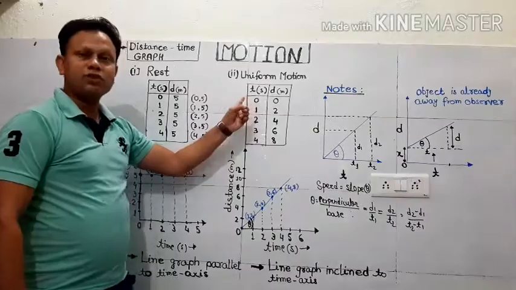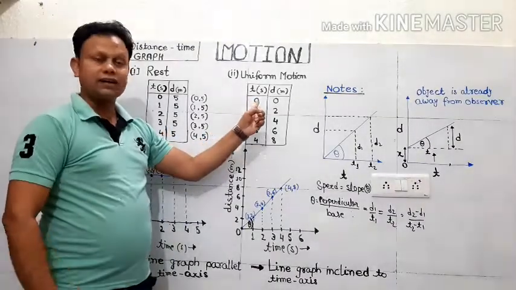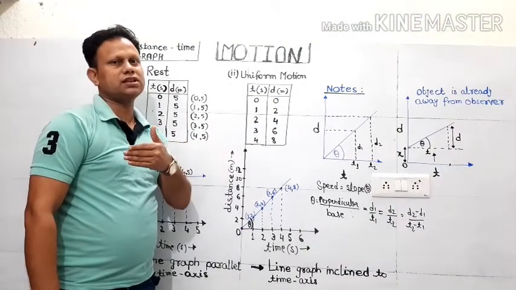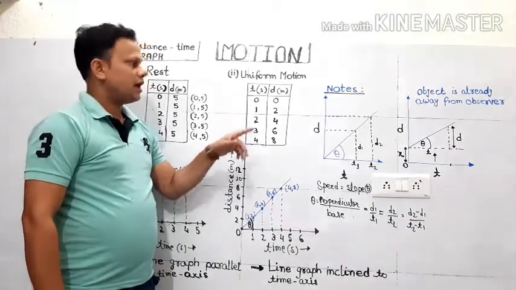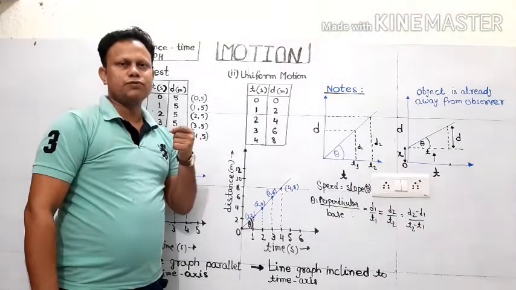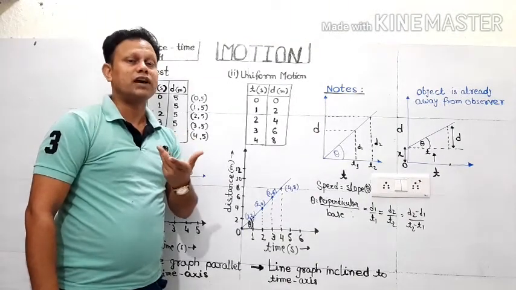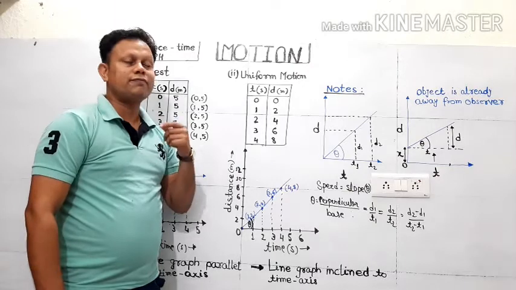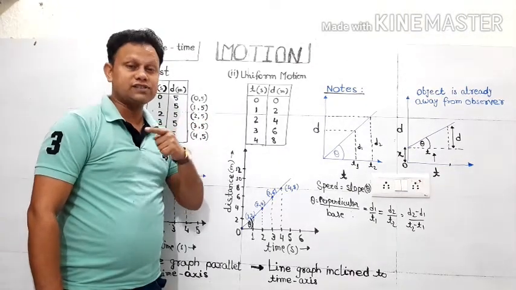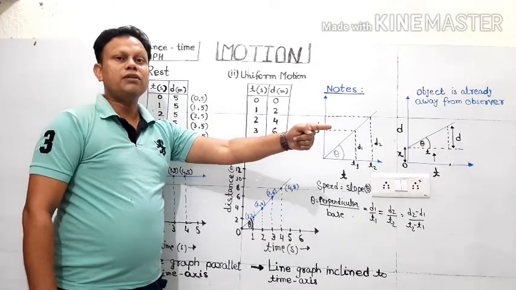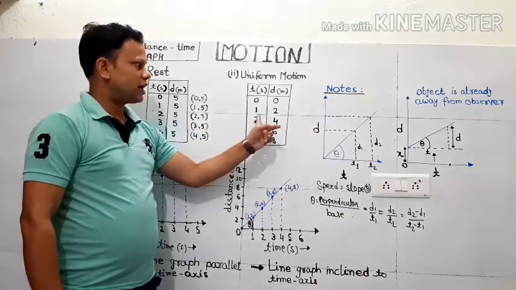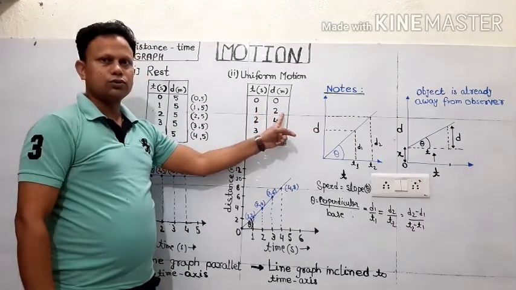So what will I write for the table for that? At 0 second, I will write 0 meter, because it is just passing by me. Now suppose I have taken a speed of 2 meter per second, because there will be some value of speed, but that will not change. So what will I observe? After 1 second, the body will be 2 meter away from me. So after 1 second, I will observe 2 meter.